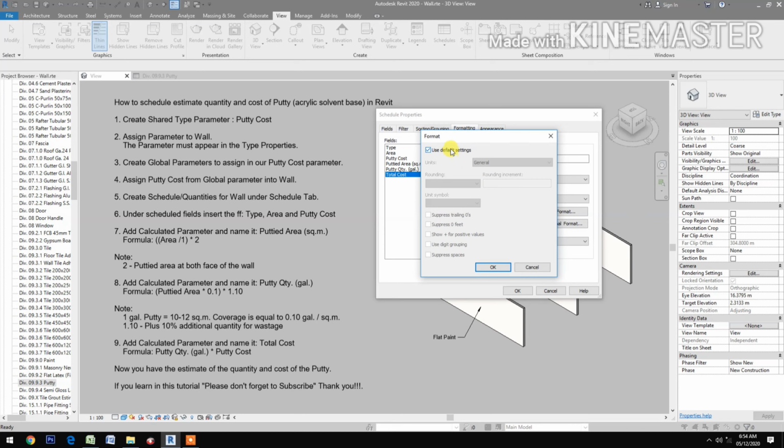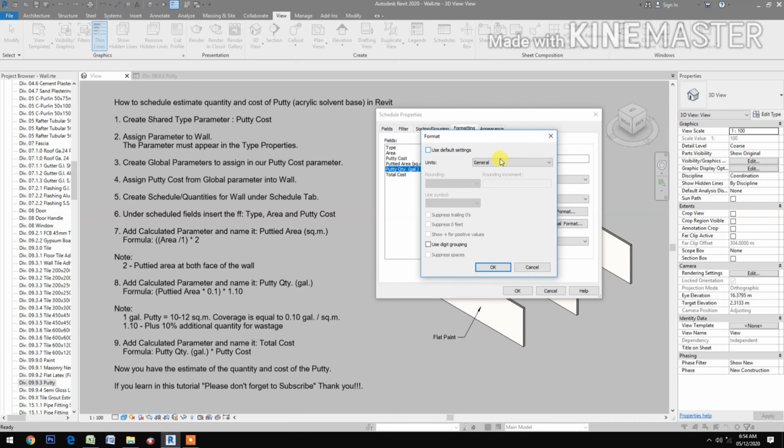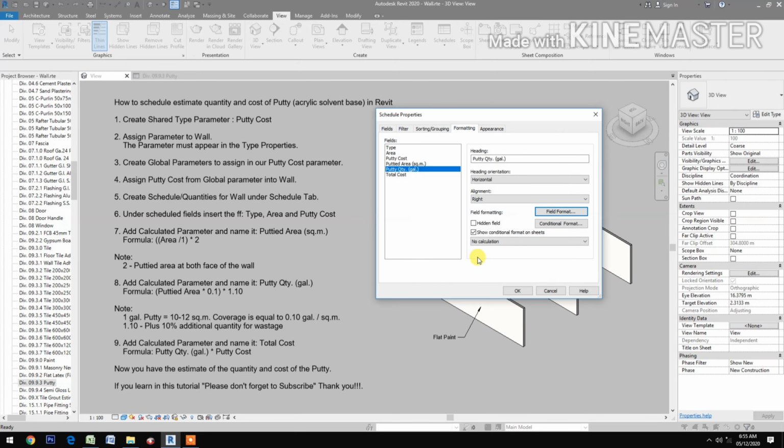and check, make it in currency, 2 decimal places, use digit grouping, calculate totals, putty quantity, right, field format, check, make it in fixed 2 decimal places, use digit grouping, okay, then calculate totals,